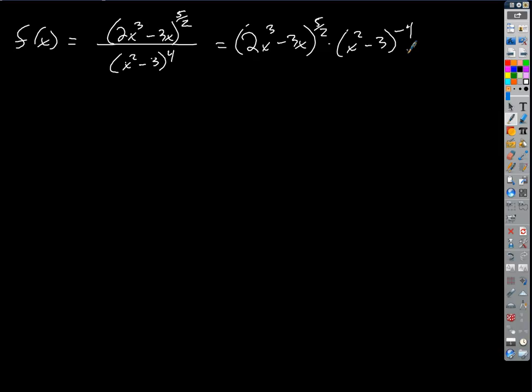Okay, take your pick. Either way is fine. It doesn't matter. Being as we just did a product rule, let's do this as a quotient rule problem. But you could, if you prefer, just do it this way. All right, so if we do this as a quotient rule problem,